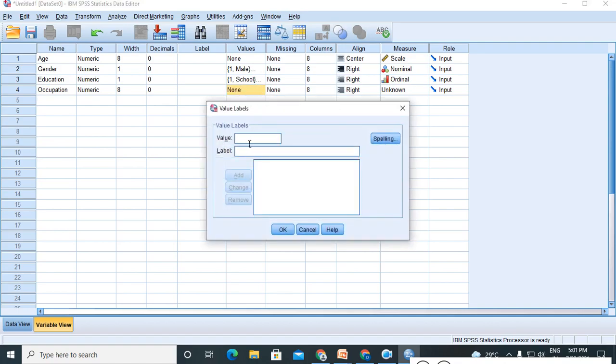Just you are giving 1, 2, 3, 4. 1 for housewife, 2 for student, 3 for self-employed, and 4 for government employment, I'll write it as government, and 5 for private.